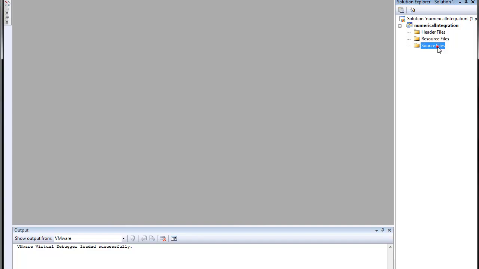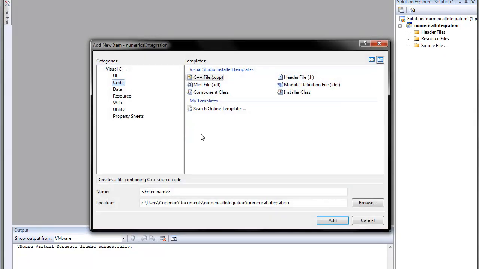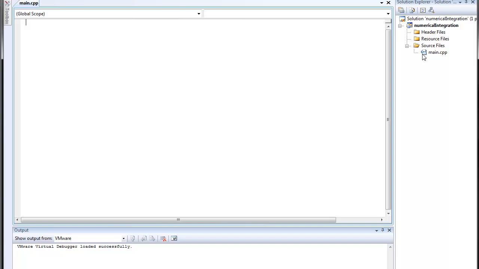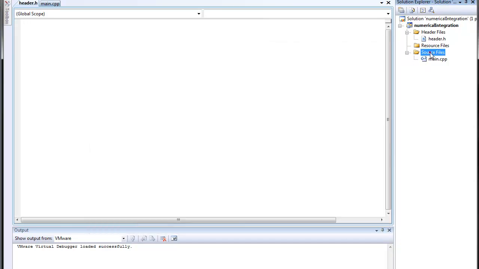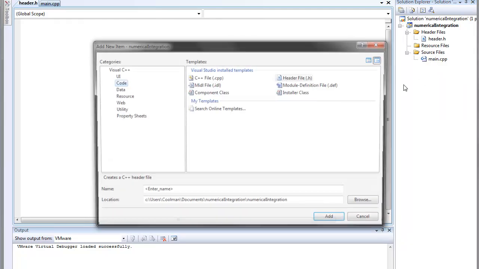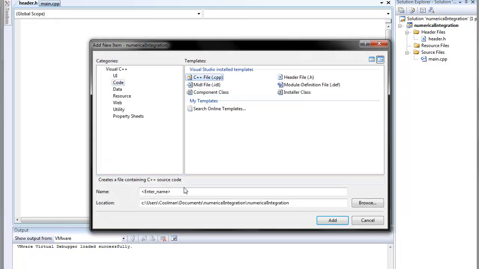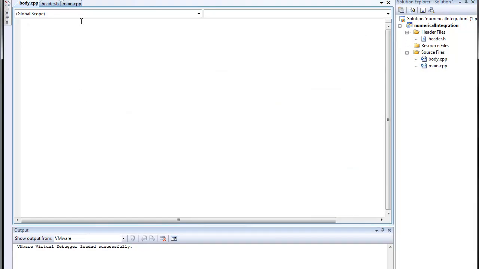And as usual I'll add some main file, say main, then I'll have some header and some body file. Okay,